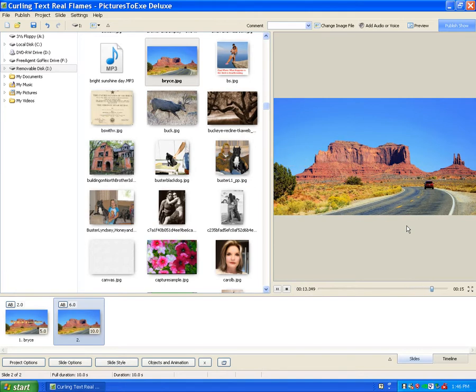There is another way if you're familiar with Photoshop, and you can make your own text there using warp and some of the other really neat text effects there. Then you can use that as well. And what you do there is you go and click on the first image, highlight it, and go to Objects and Animations,